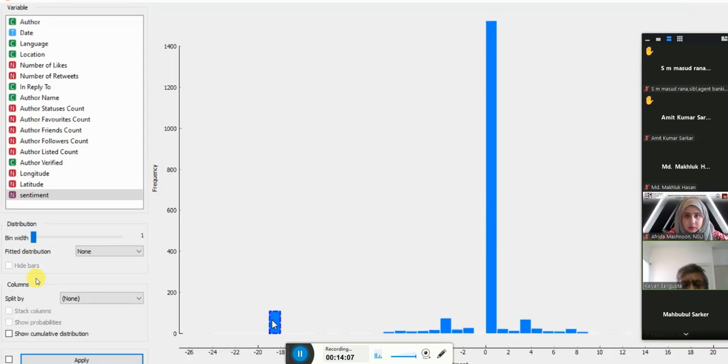How many of them? You can see that 108 of them are giving this out of 2000, which needs to be assessed, because if you filter out who these people are and what they are talking about, and why it is so negative, then the company can take care of this, because this is very much isolated.